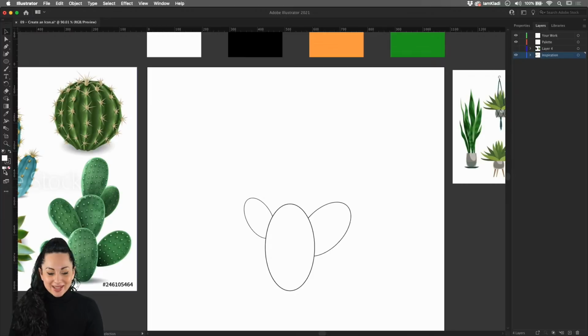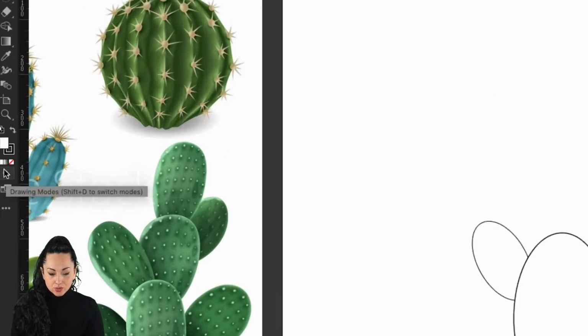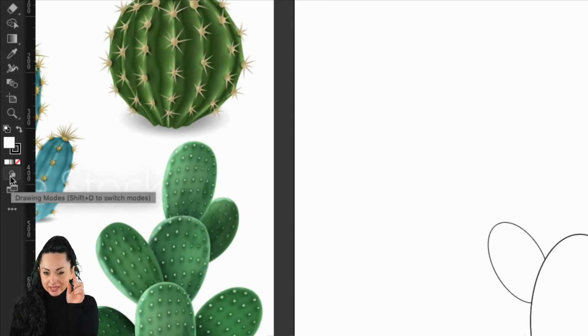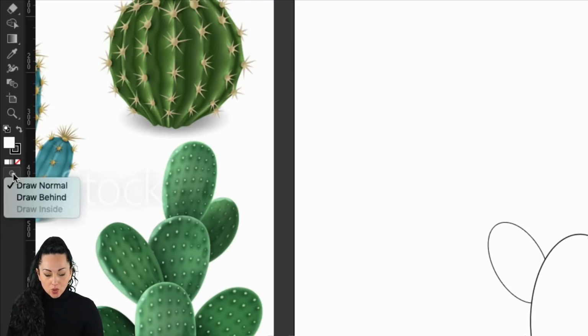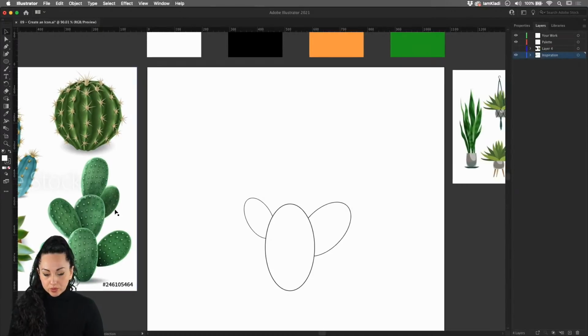Or we can access the amazing drawing modes. I'm going to zoom on the toolbar to show you, because it's just a little tiny icon, and, here we go, just above me here. You can find it just below the stroke and fill control, and it's called drawing modes. You can also access it by pressing Shift and D. So click on the drawing mode and select Draw Behind. This is a super useful tool. We can press the letter L and look what happened. Now that I'm going to draw another shape, it will be located automatically behind our shape. So anytime that we keep drawing, every shape is going to be behind, and that's perfect for our artwork.